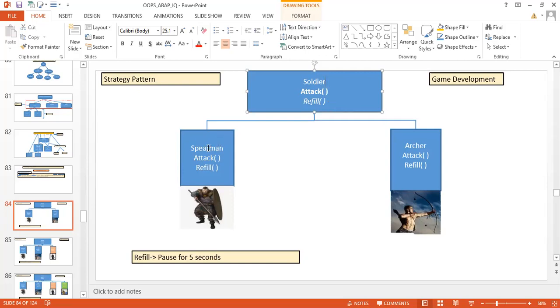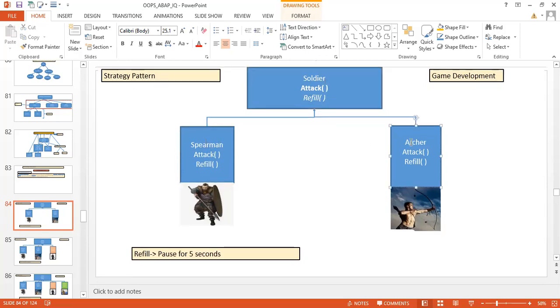So if you have this spearman and archer, right? Spearman means the one who attacks with a spear, right? And here the archer, with bow and arrow. So here you can see that archer attack and refill, archer attack and refill.